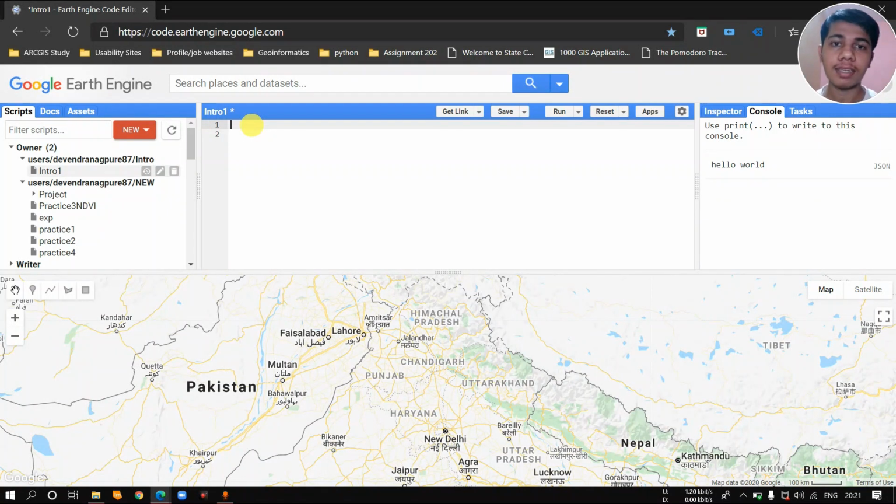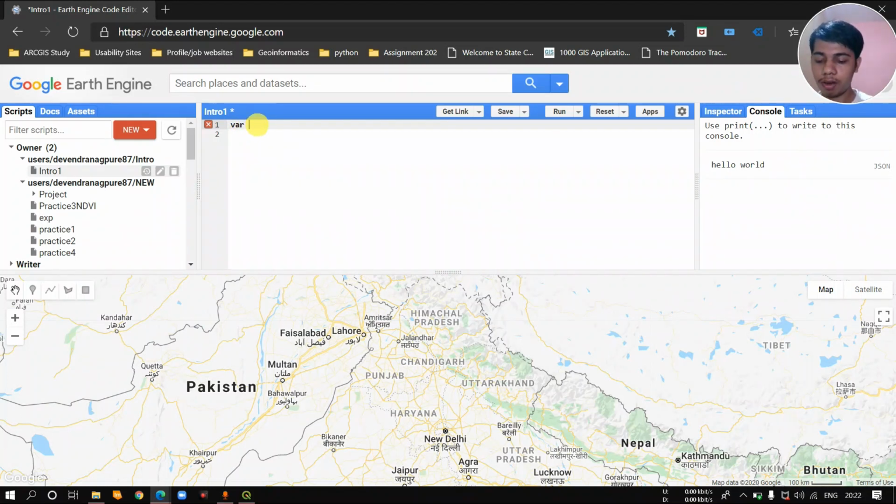So now let's get started with the data which we are going to use first of all, and how to call that data in our code. For that, just make a variable. I will use var. This is the term which we use in JavaScript for a variable.